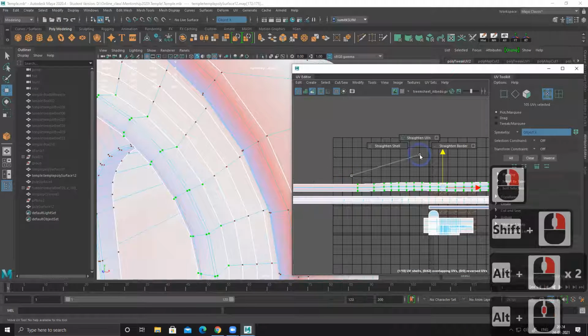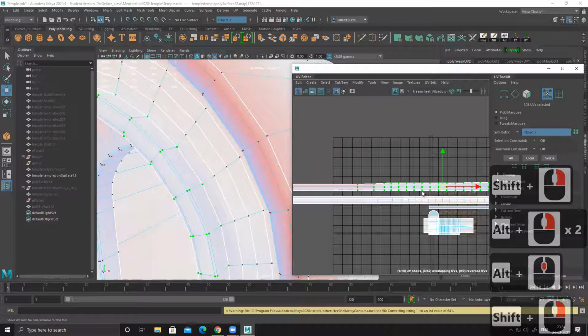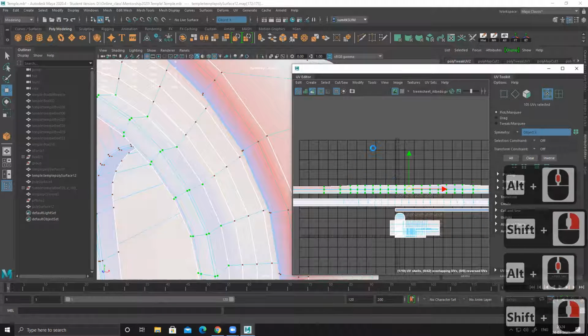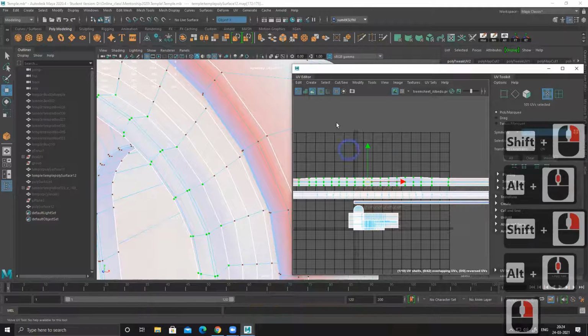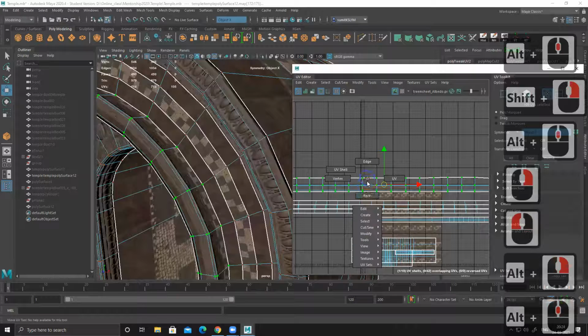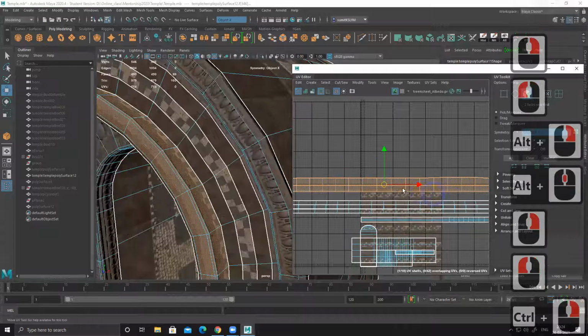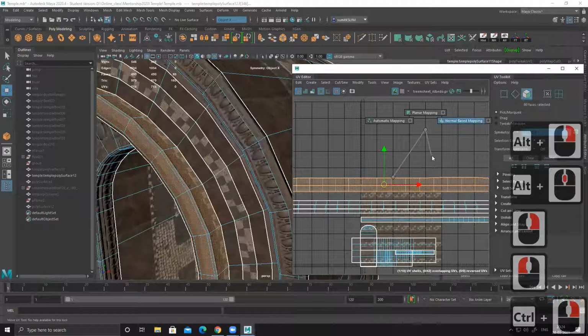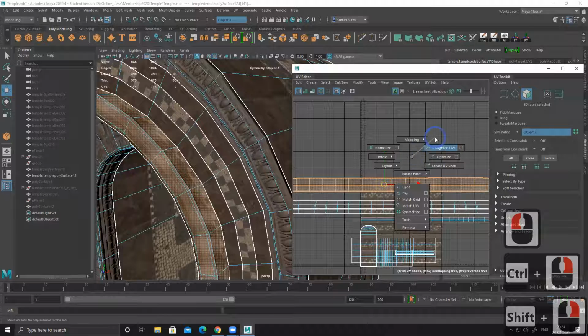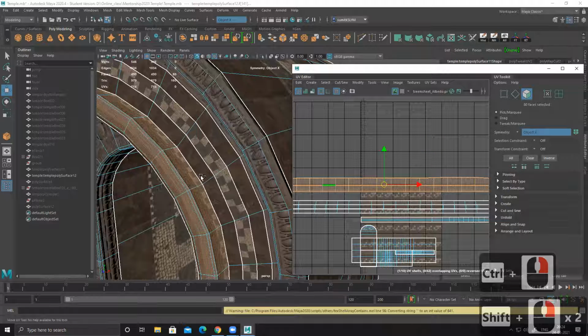Vertically, I have made it. UV shell, straighten everything.